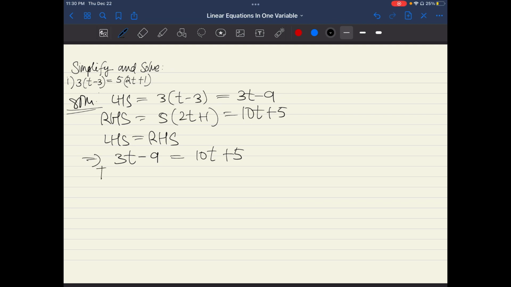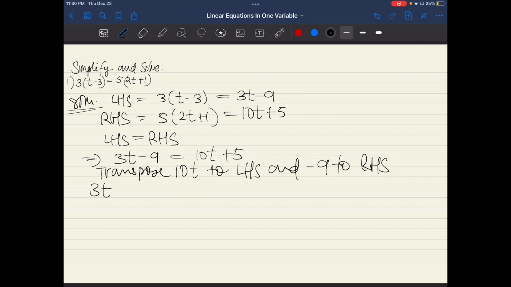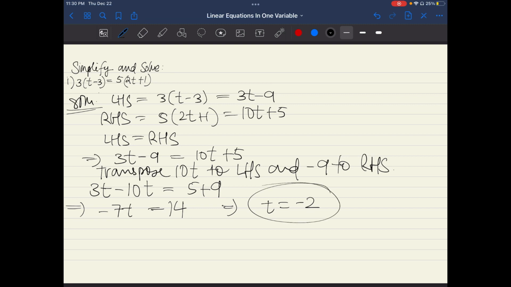And now transpose 10t to the left-hand side and minus 9 to RHS. We get 3t minus 10t equals 5 plus 9, which is minus 7t equals 14, which implies t equals minus